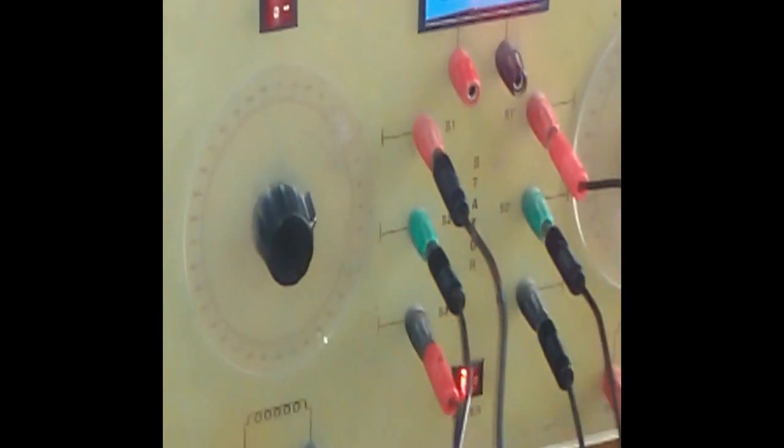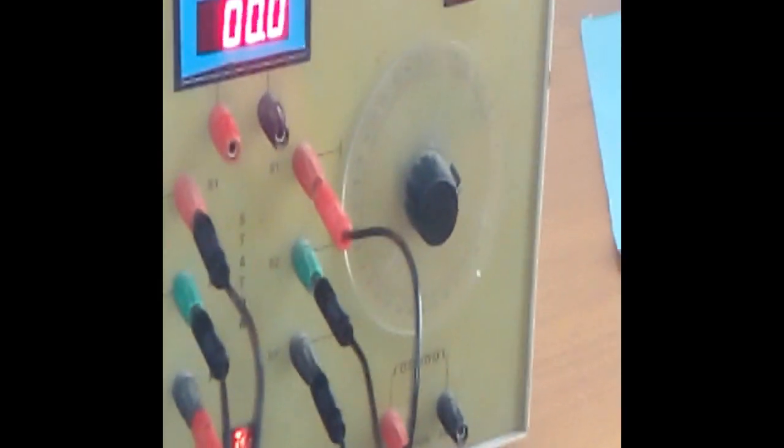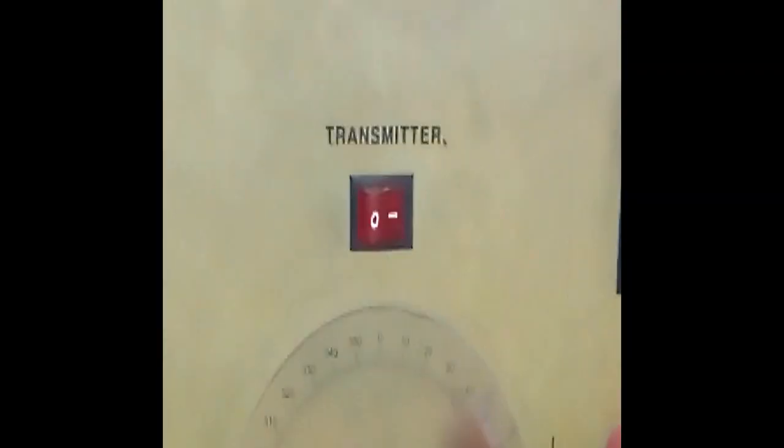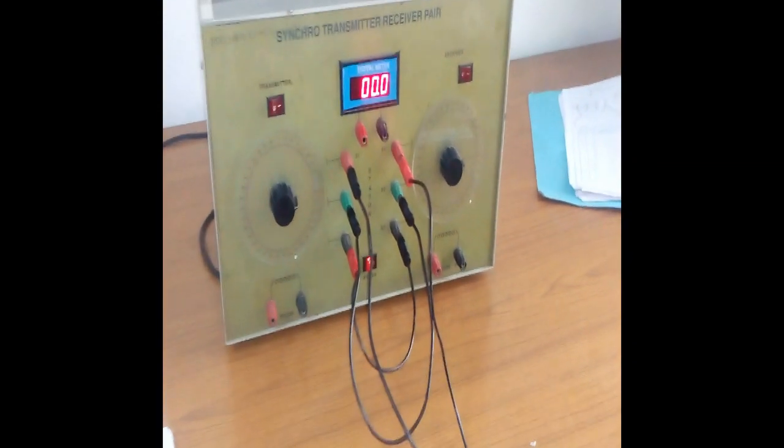Okay, here the transmitter is at 60 angular position. In this we are going to get nearly 65 as the electrical signal. Okay, this is the line indicator. This is the indicator of the transmitter. This is 60 and nearly we are going to get 65. Similarly, change the angular position to 90. We are having corresponding changes in the receiver. Okay, like that we have to vary the angular positions from 0 to 360 degrees.